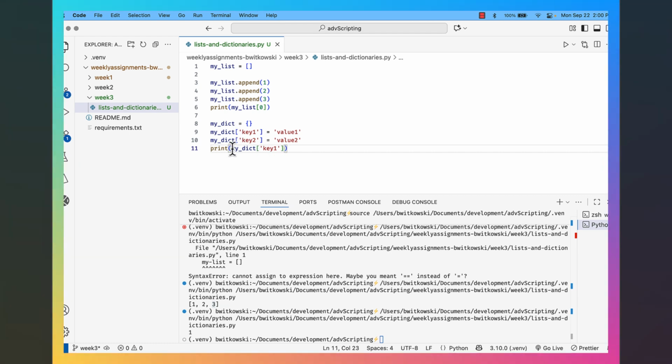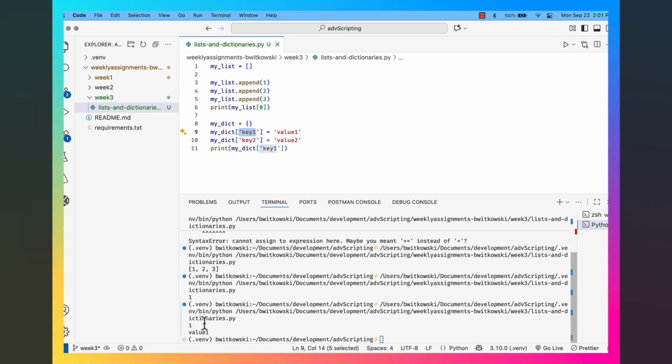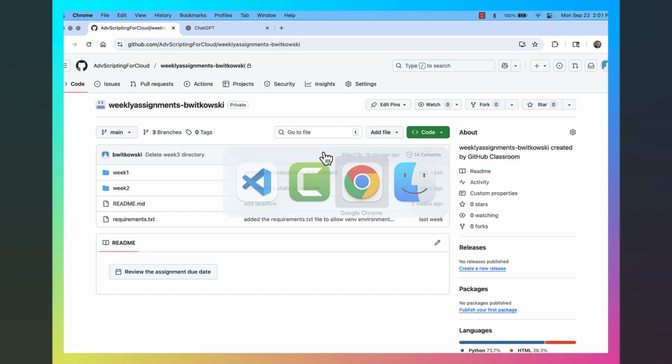So in this case, I'm going to my dictionary and I'm accessing the value in the first key, which will have a value of 1. Okay, so if I go ahead and run this, you can see that I get value 1 when I'm accessing that dictionary. Okay, so to give you a better example, a real working example,